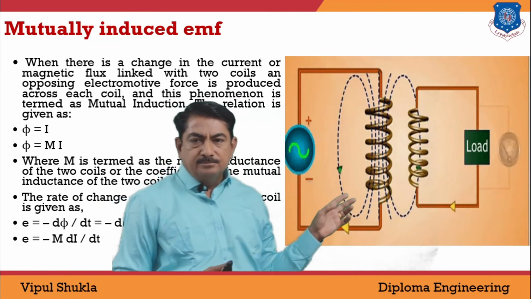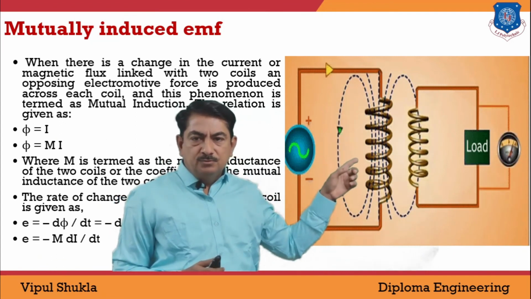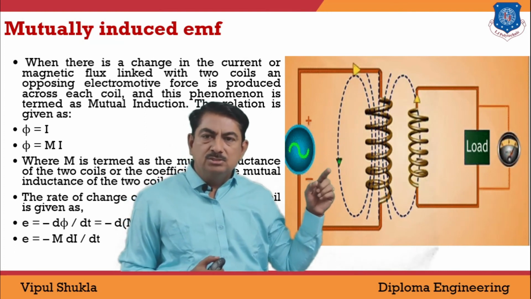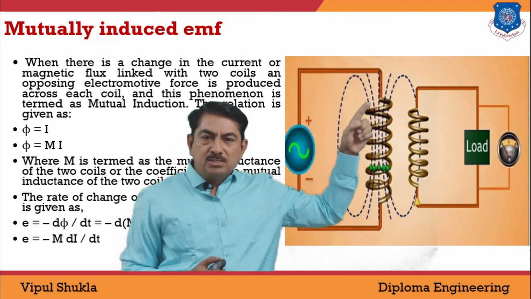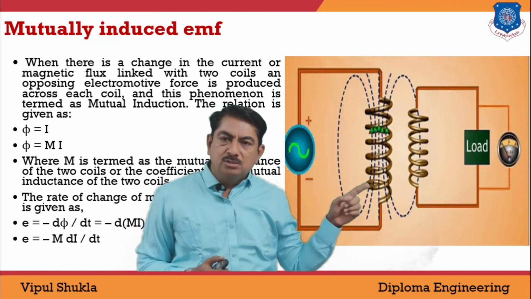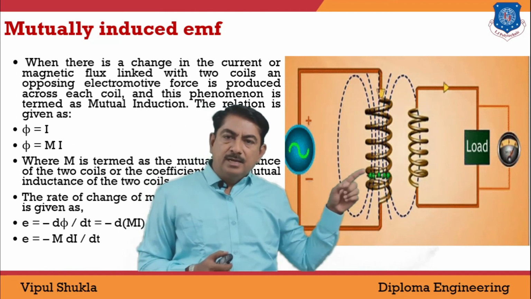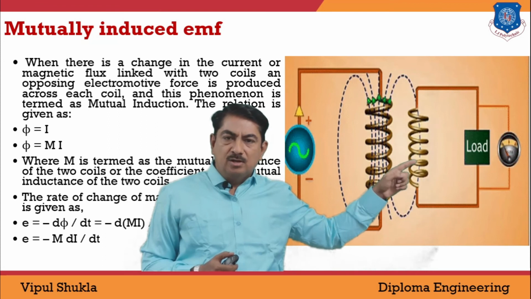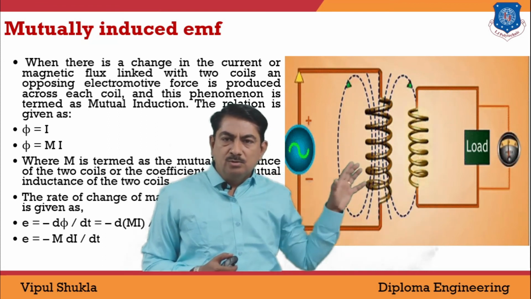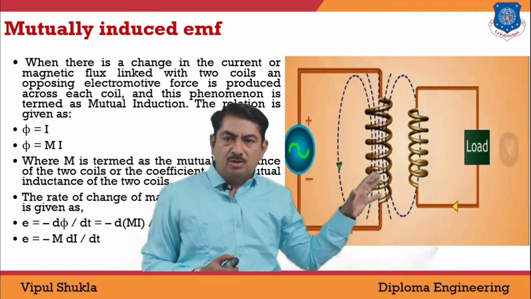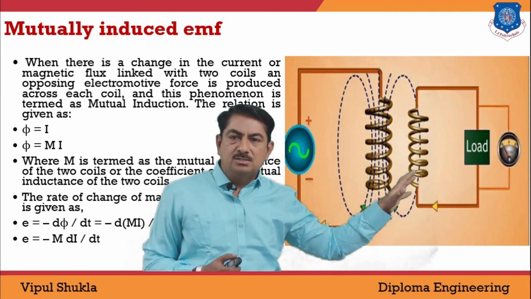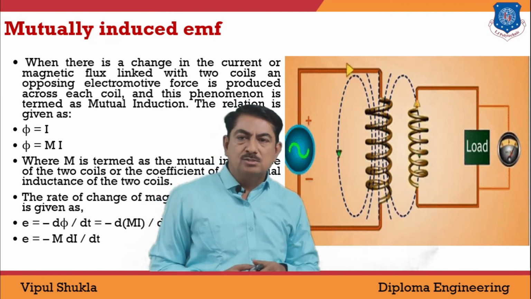Look at this diagram. This is coil 1, which is connected with a source of current. When current is allowed to pass through this coil, it behaves like a magnet and produces magnetic field lines. That magnetic flux will link with another coil which is not connected with any energy source. So due to this change in magnetic flux in the first coil, it will produce EMF in the second coil. This is exactly the meaning of mutually induced EMF.